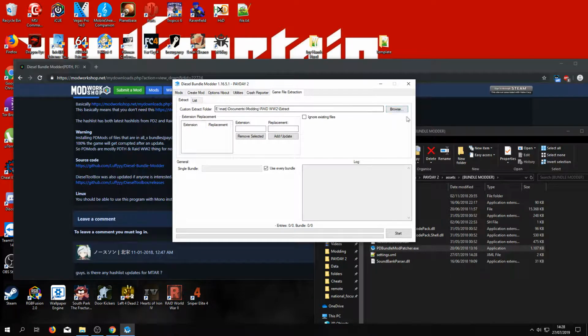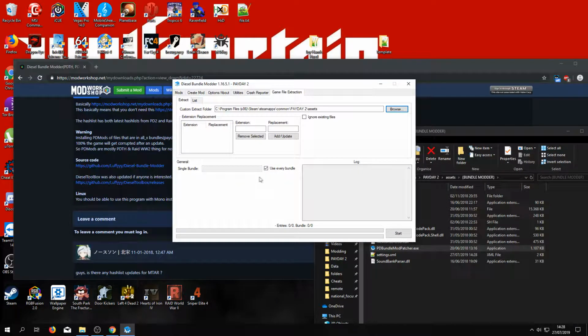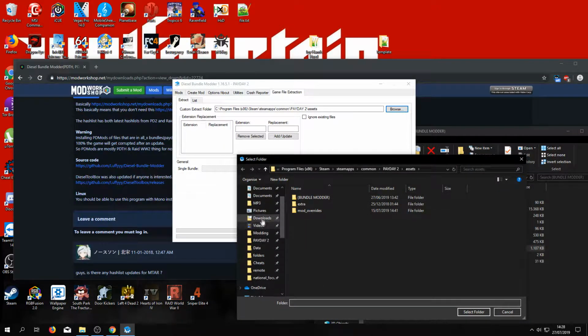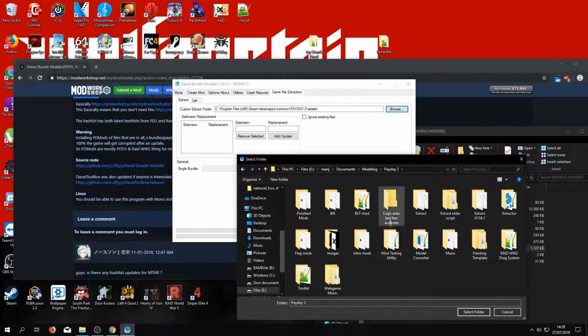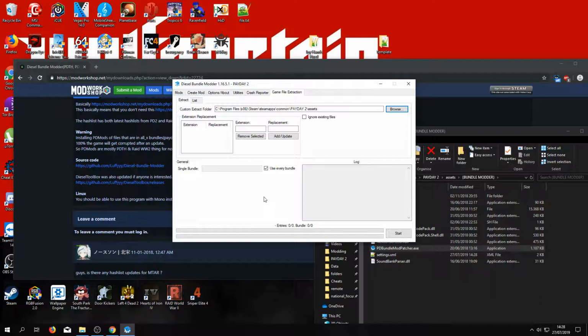What this tool does is extract the archived files inside the game and turn those into editable files. So what you do is select use every bundle, and you select a folder where you are going to extract to. I used this folder for myself. Do it on a hard drive if you have one, because disk speed is not a big requirement, but it will extract about 30 to 60 gigabytes of files, so you don't want to fill up your SSD.